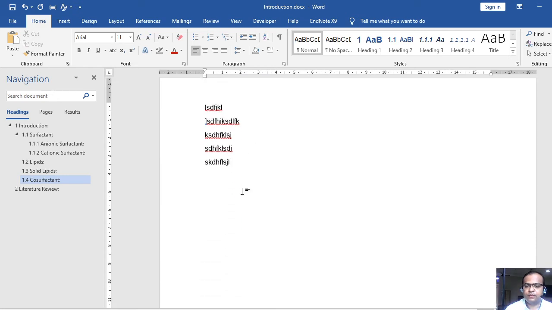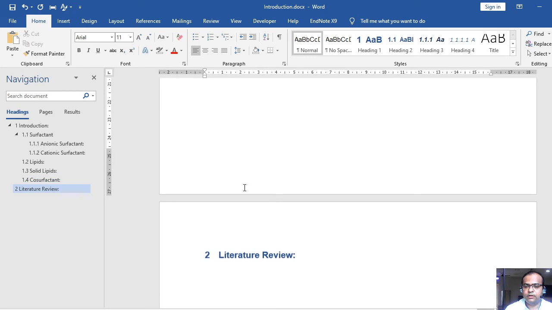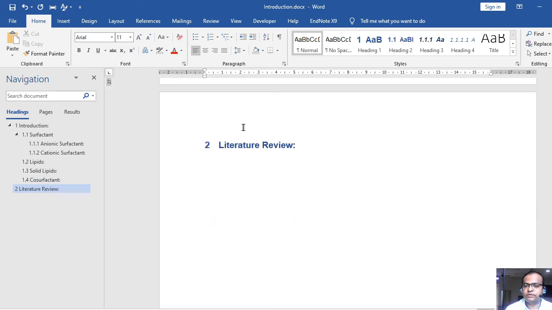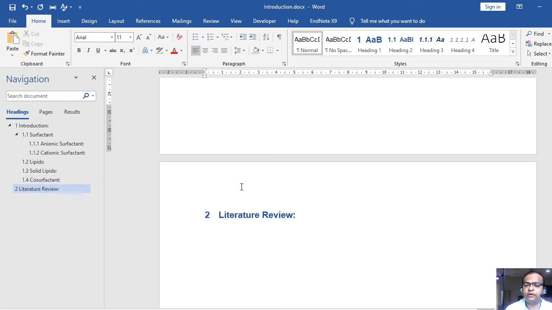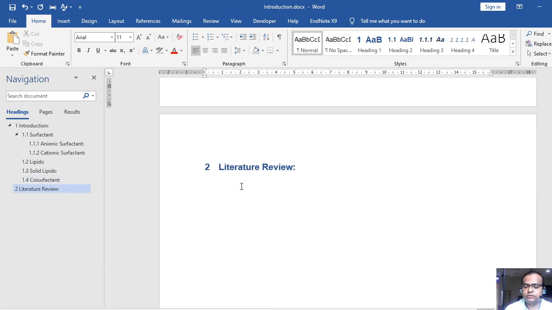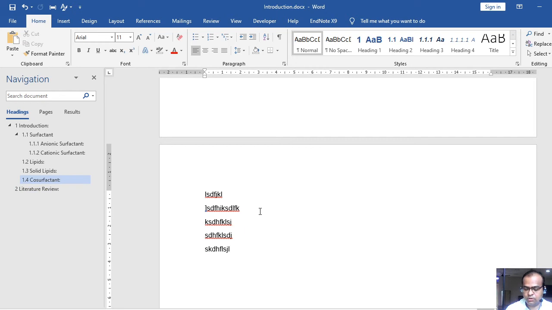See, everything moved down, but whatever it is, my newer chapter always starts from a newer page. So obviously one page is added here, but whatever formatting comes after this literature review page will be maintained, right? So this is one common strategy you should adopt.